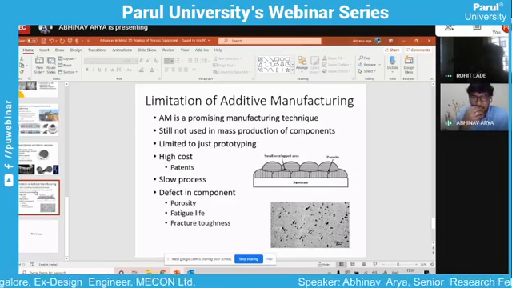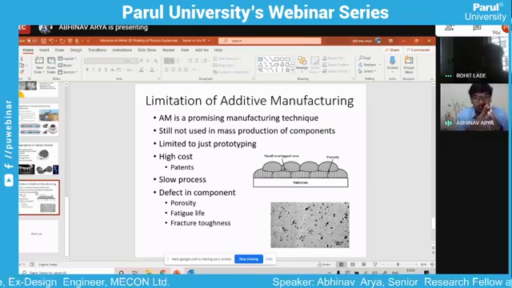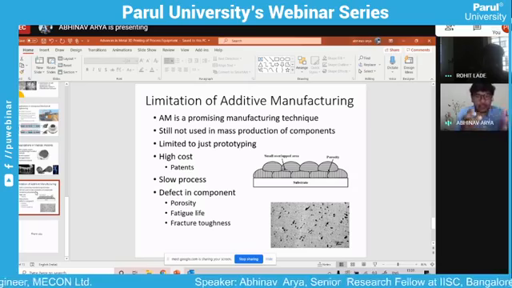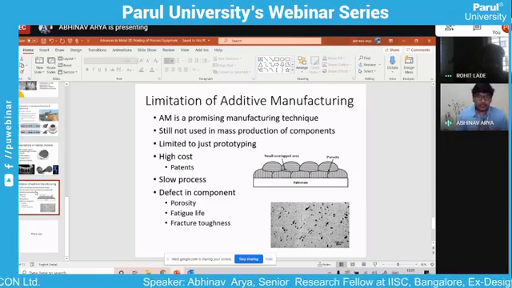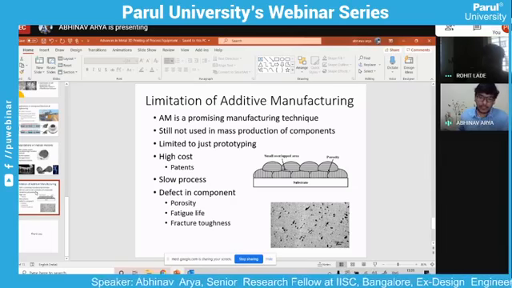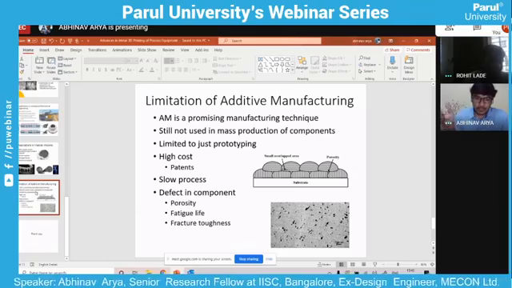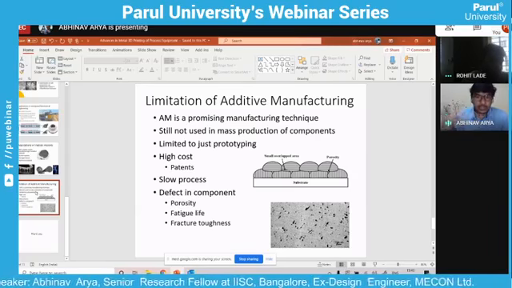It depends on various factors. Like if you increase the speed, then your porosity can be increased. I'm not sure exactly how, because it's a very fast-evolving technique and new researches are coming where the speed is increasing, but it's a relatively slow process.